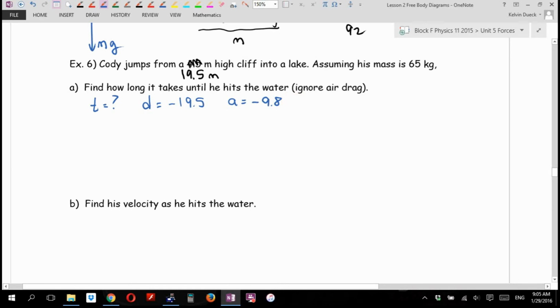I know one more thing that I said I would never tell you that we could just assume if you were jumping off of a cliff. VI is what? That should be enough. You know how I know? Because I have three things to find a fourth, which was always our pattern in that particular unit. Which equation has T, D, A, and VI in it? Which one, Andy? D equals VI T plus